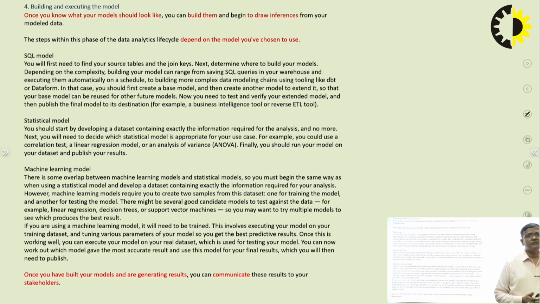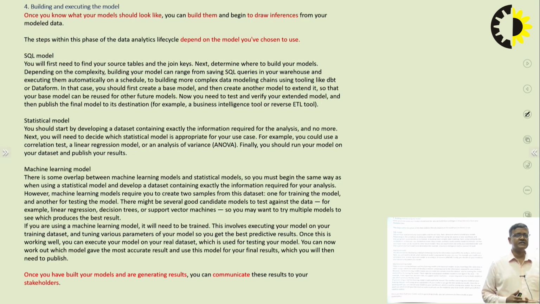Once you know what your models should look like, you can build them and begin to draw inferences from your model data.